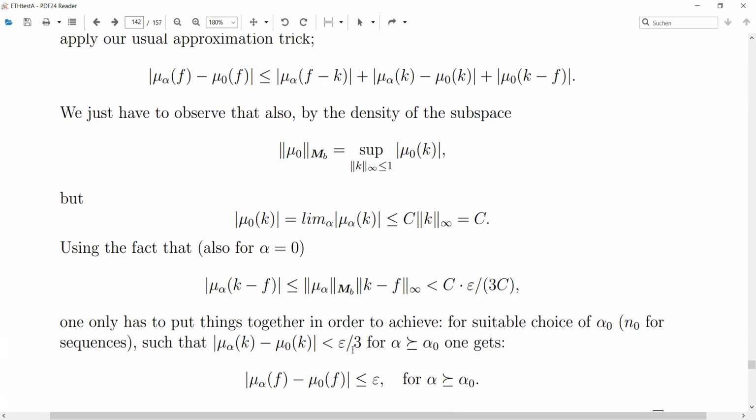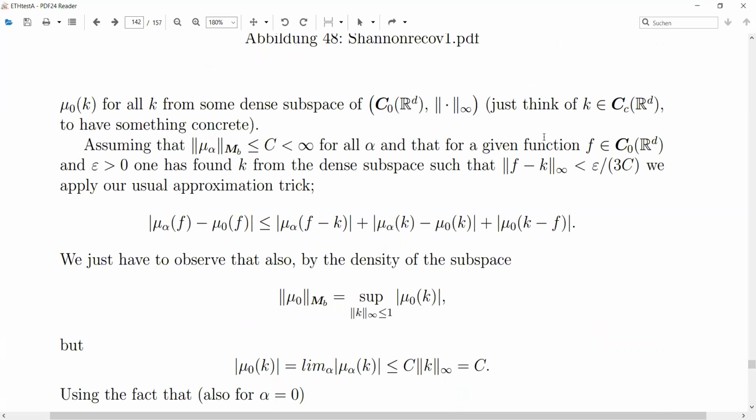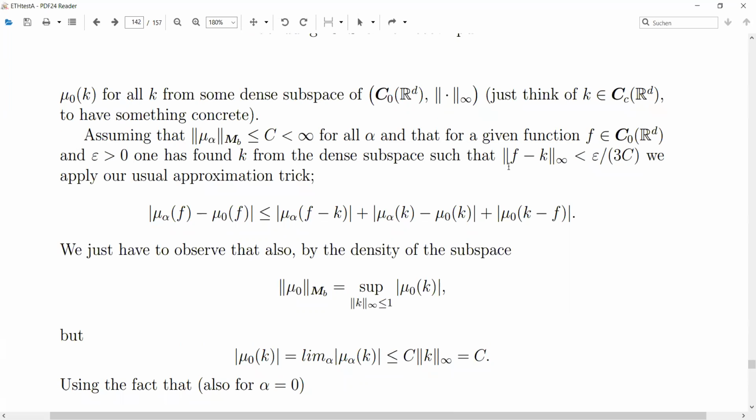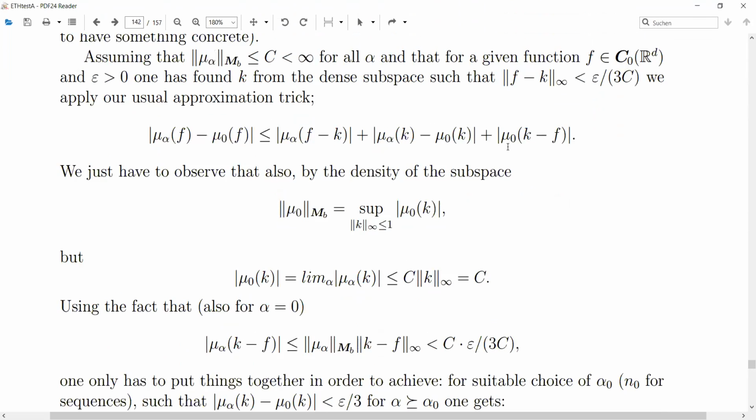Actually, I think I should make the approximation, knowing what I will need once I write the proof. At some point I realize it would be great to choose it such that the approximation is of the form epsilon over 3c. Then I can estimate this first term here by c times epsilon over 3c, which is of course epsilon over 3. Because we can control mu0, the third term is in the same way, but now we have replaced f